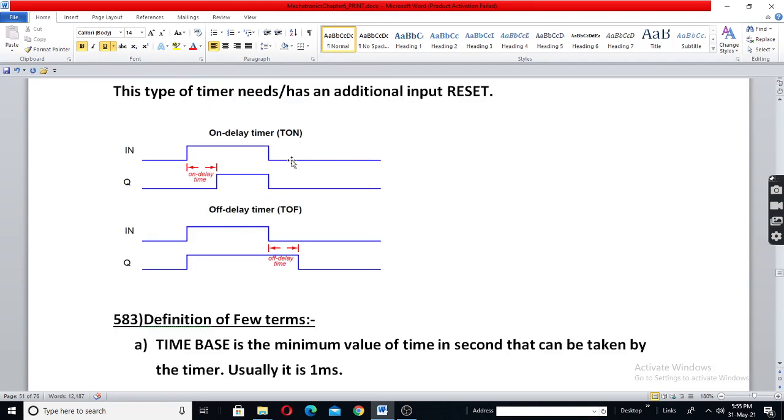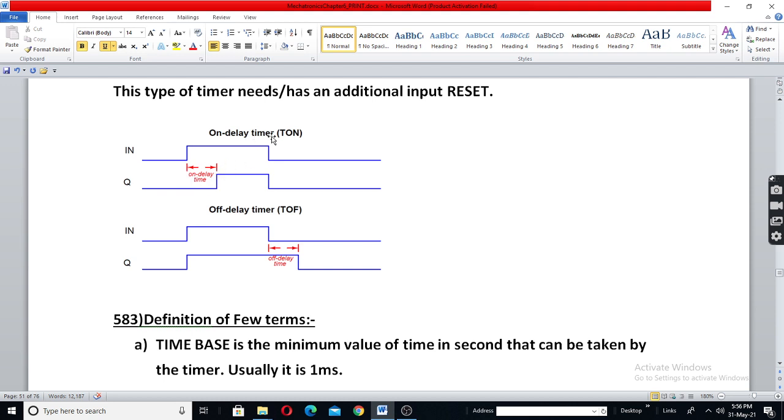See, on delay timer means it provides delay during turn on. On delay means delay during on. So when the input becomes true, when the input turns 0 to 1, output becomes 1 only after the delay.